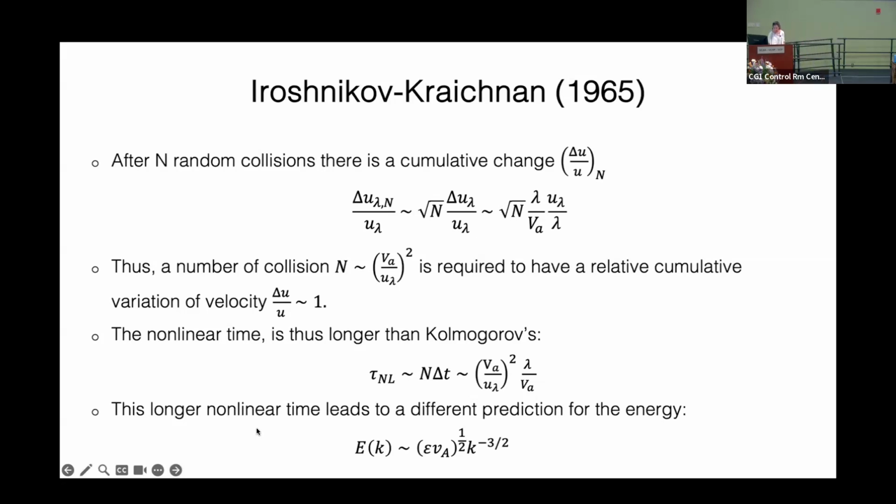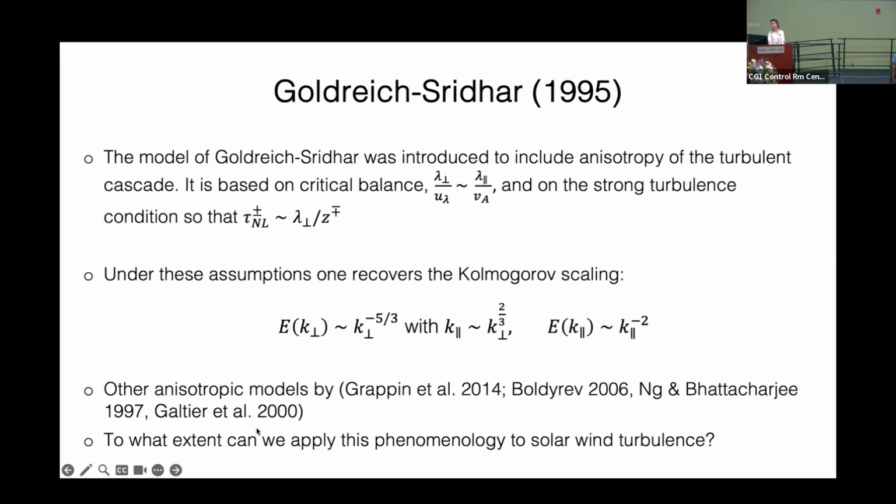The major limitation of this model is that turbulence is assumed to be isotropic, which is not what we observe, neither in observations nor in simulations, okay? If there is a mean magnetic field, it's easier to break a filament across the magnetic field rather than along the magnetic field. So the second phenomenology introduced, one of the most famous, is by Goldreich and Sridhar, who introduced anisotropy, okay? Their phenomenology is based on two assumptions. Critical balance, so the two time scales are of the same order of magnitude, and strong turbulence, so that